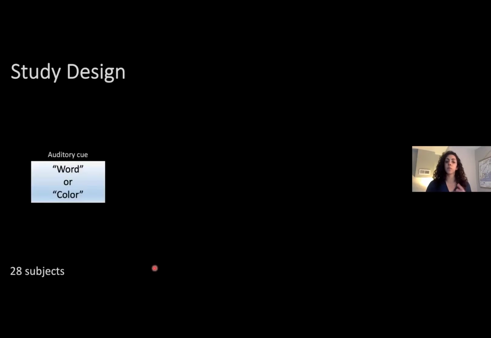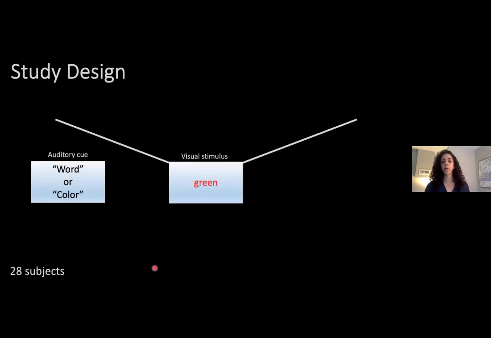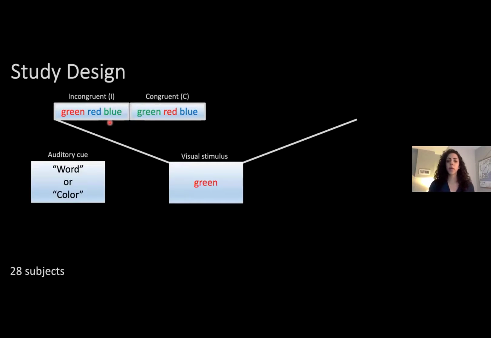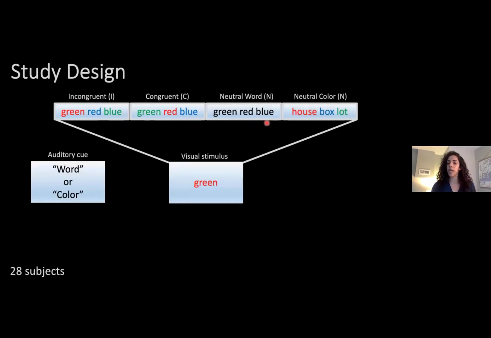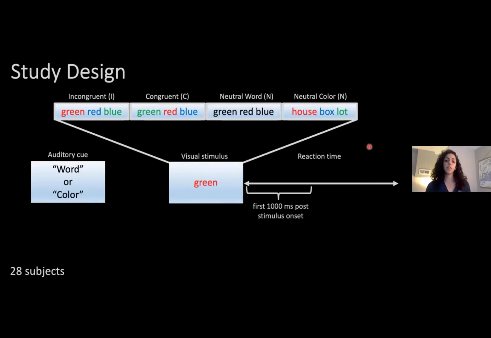So our study design involved 28 subjects. While they were in the MEG, there was an auditory cue of either word or color, followed by our visual stimulus. We had our incongruent stimulus where the color and word didn't match, the congruent stimulus where the color and word did match. We also had a word reading task using black ink, and we also had the color identification task using neutral words and our specific ink color. We then measured the brain activity during that reaction time and then looked at the first 1,000